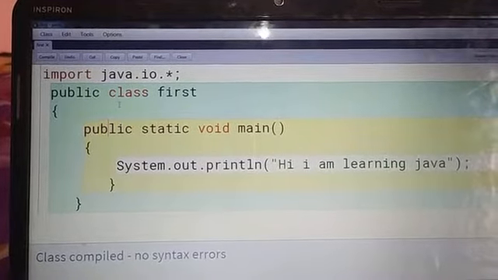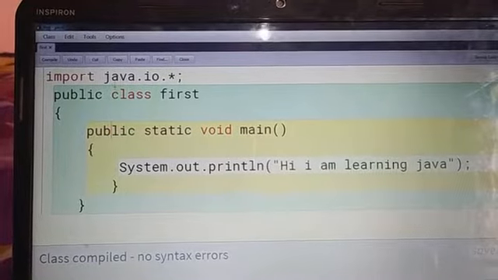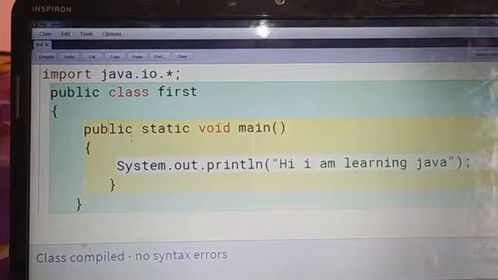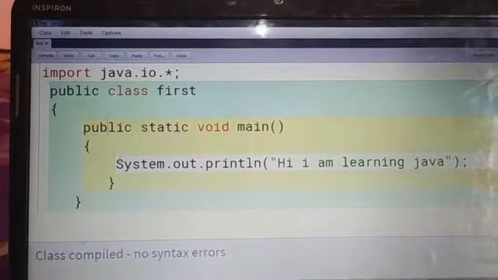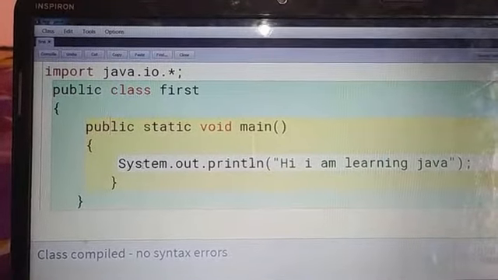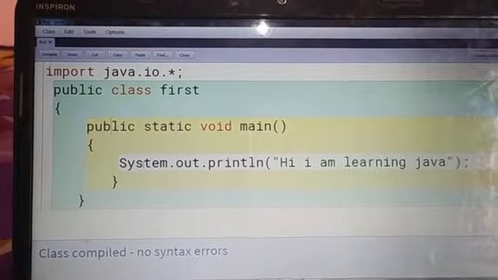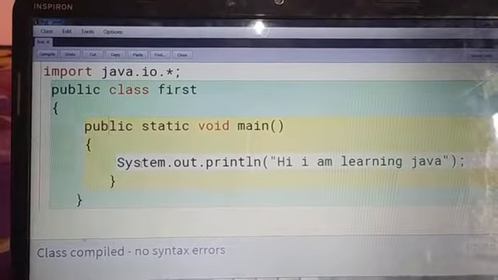So in Java, first we create the class, that is public class, and give the class name. Then we write inside it public static void main, that is a function, and then System.out.println, that works similar to cout in C++. Whatever you write inside that is going to be displayed on the output screen.